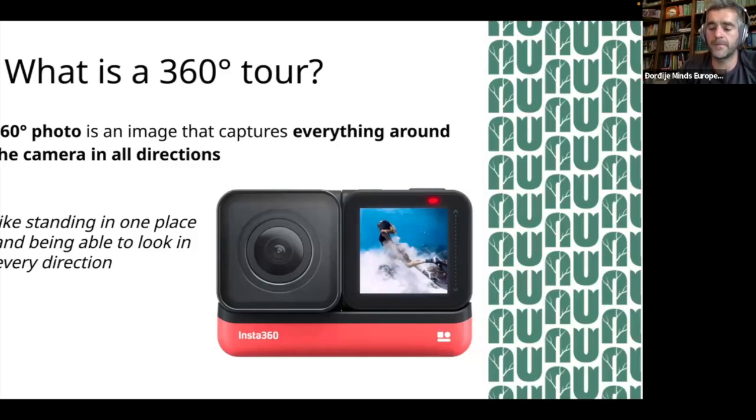It's because these specialized cameras have, I'll try to show you, these fisheye lenses, which are on both sides of the camera, from left to right. So they're like a little bit over the edge, and they can take a photo in each direction that you want to see. So it's actually an image. It's a photograph. So it is not something that is virtual.